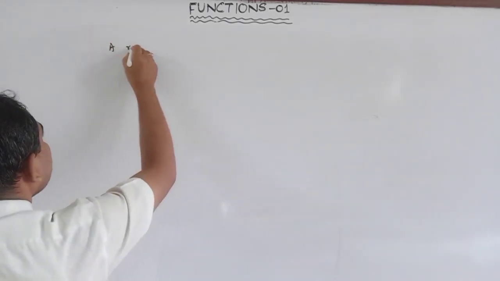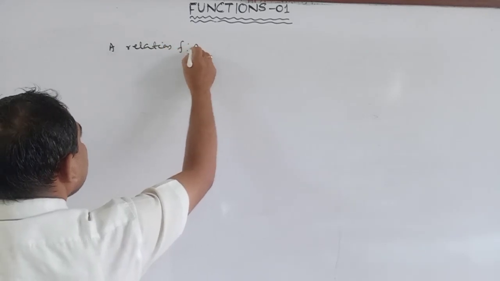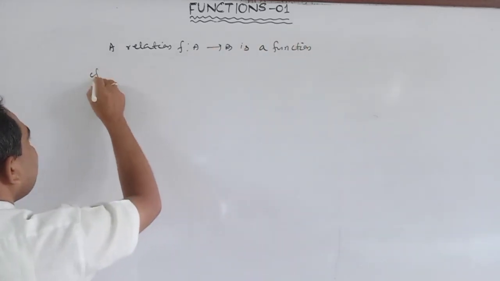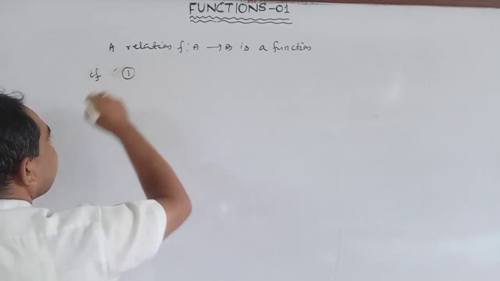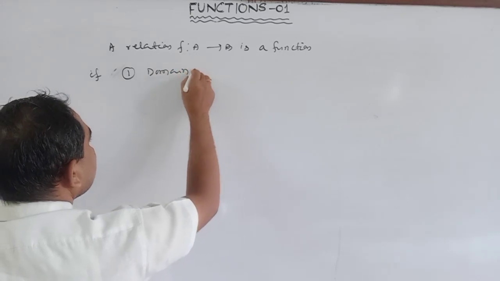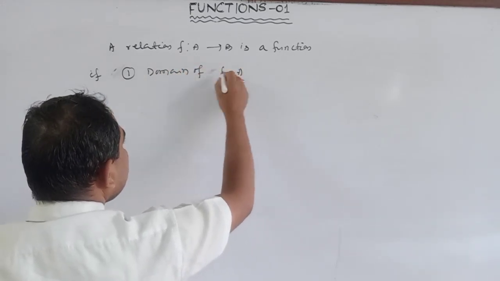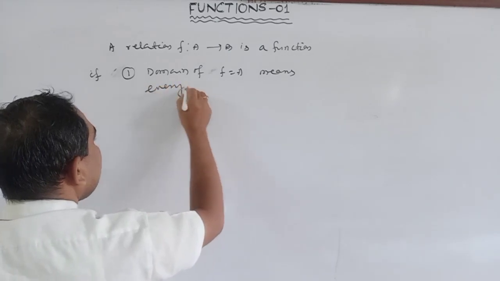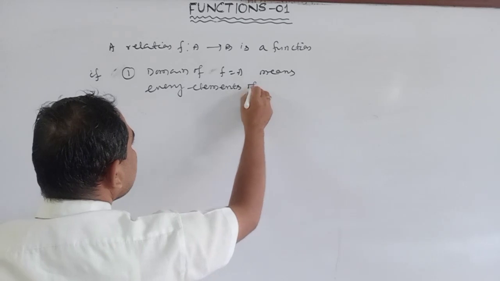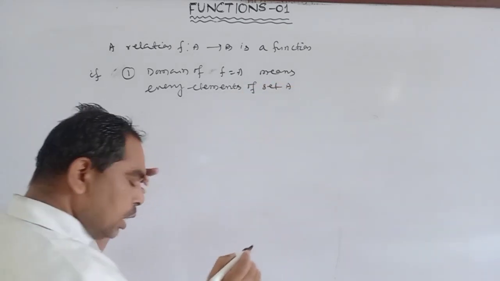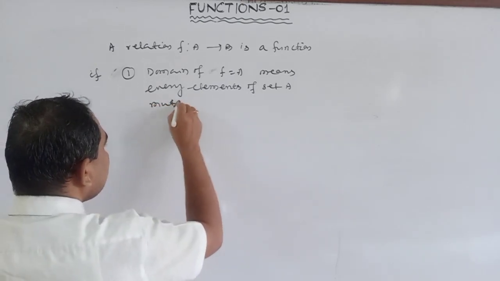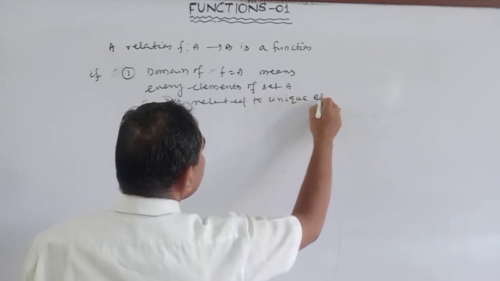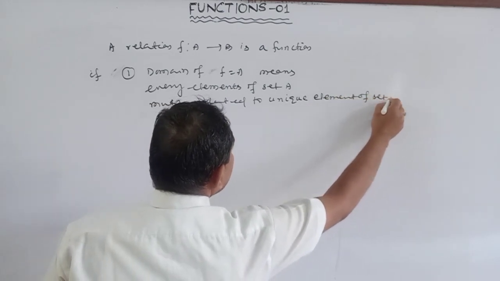A relation f such that A to B is a function if condition 1: the domain of f is equal to set A, meaning every element of set A must be related to a unique element of set B. Condition 2: